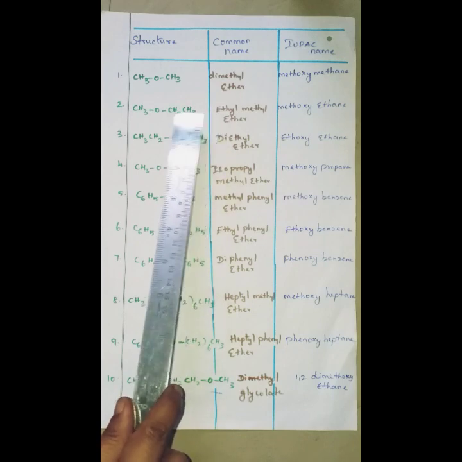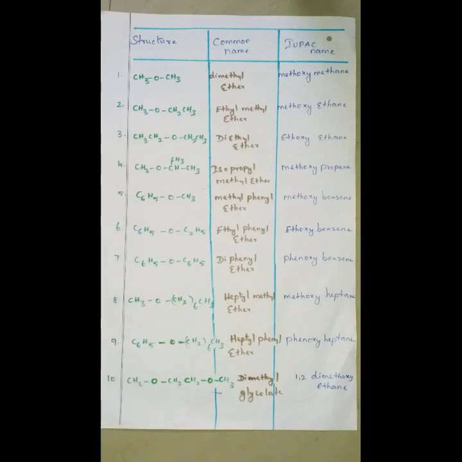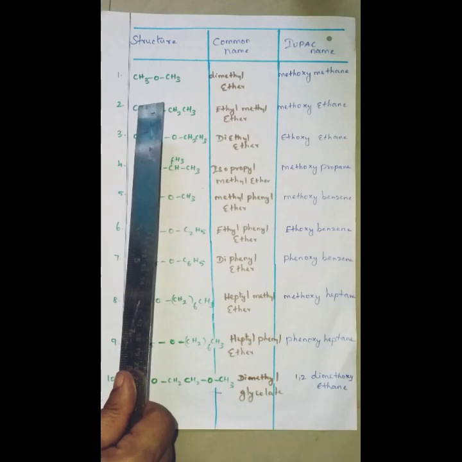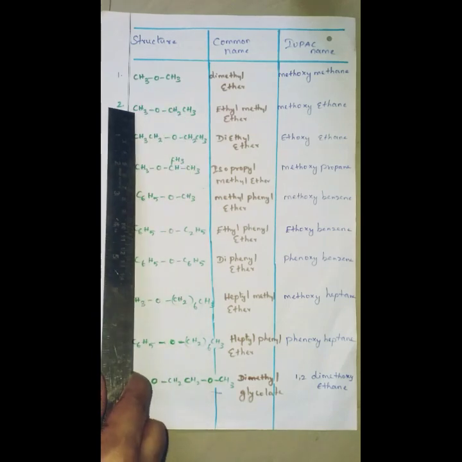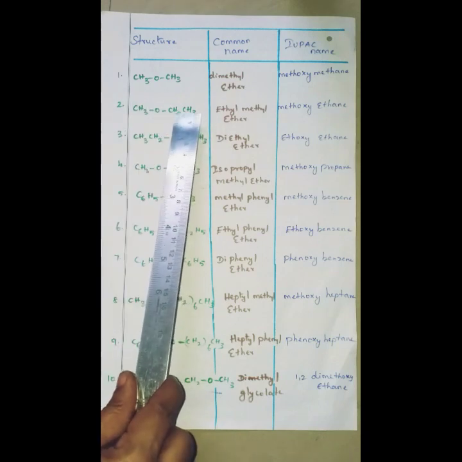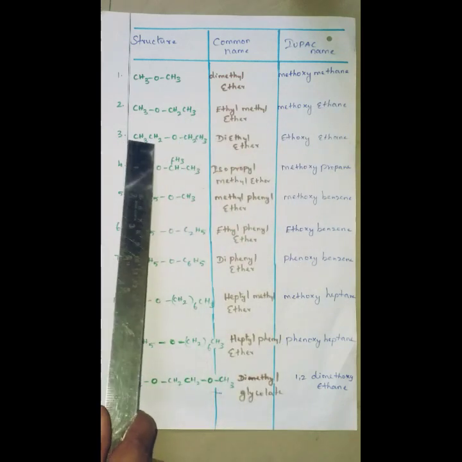Then second, here this is methyl and this is ethyl. Whether we have to say methoxyethane or ethoxymethane, here also one confusion arises. To avoid that confusion, think that the oxygen atom only comes along with the lesser alkyl group. This is very easy. The oxygen atom comes along with only the methyl group, that is the lesser alkyl group. Here methyl has only 1 carbon, here 2 carbons are there, so it is ethyl. So methoxyethane.